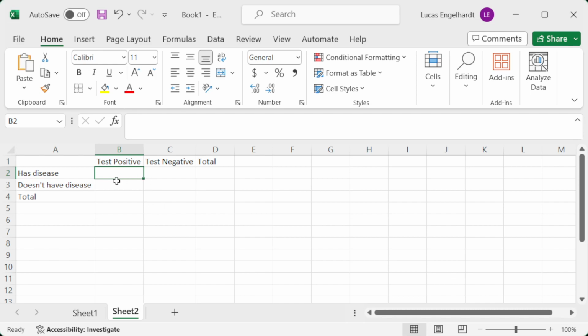False positives would be those in this cell. That is, they don't have the disease, but they still test positive. Then over here we have the false negatives, that is, they have the disease but still test negative anyway. And then the true negatives, they don't have the disease and they test negative. Now, of course, an ideal situation is that we have zeros for false positives and false negatives, but reality simply